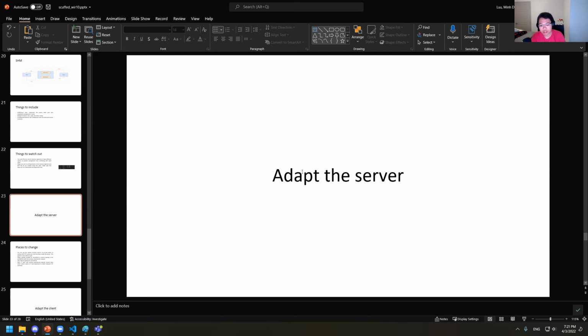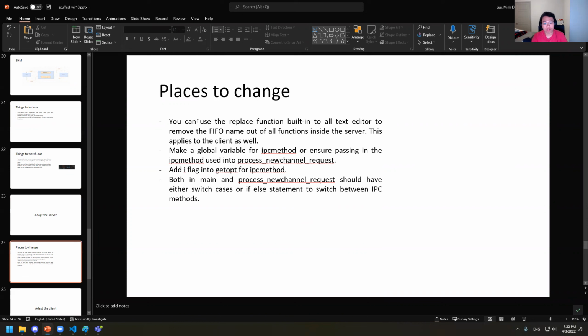Okay, so adapt the server. In the server, there are a few things that you need to change. First of all, the server has FIFO requests everywhere. You need to make sure you import the other two IPC headers in the include section, and then change the name from FIFO request channel to just request channel, because that's the base